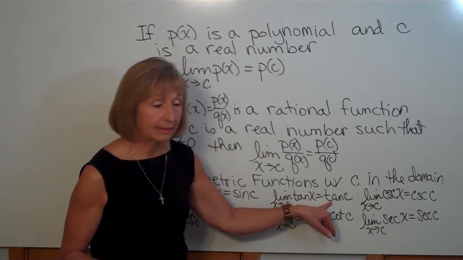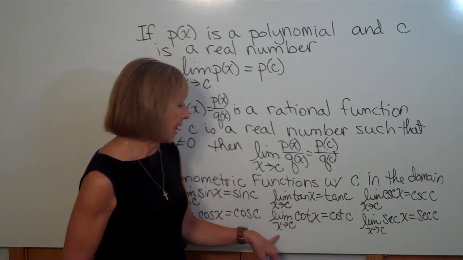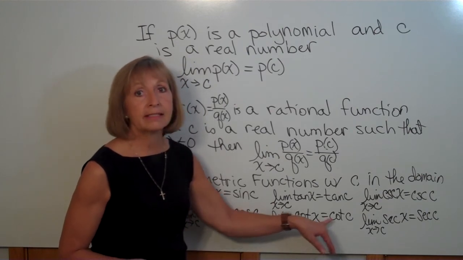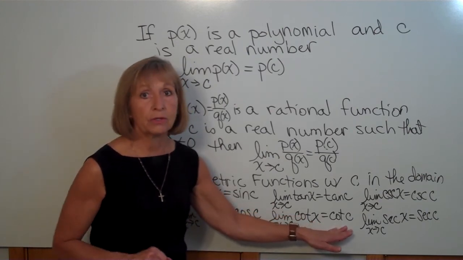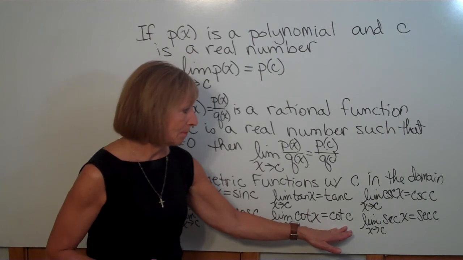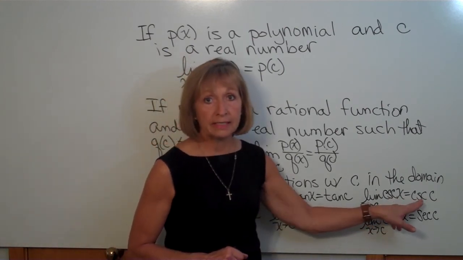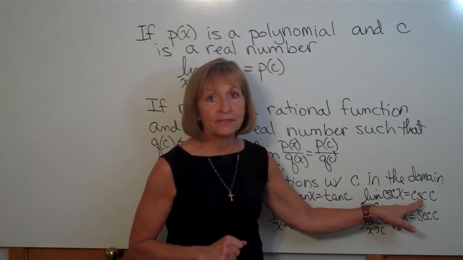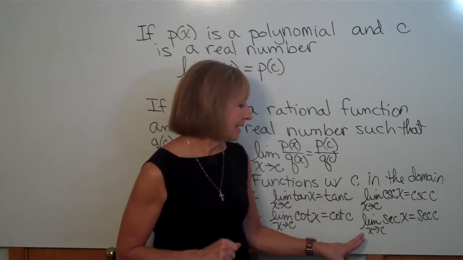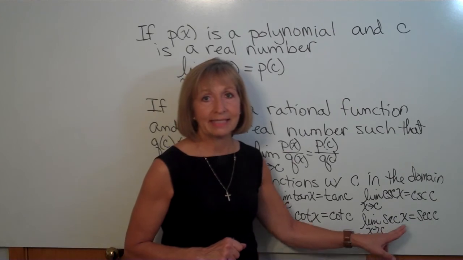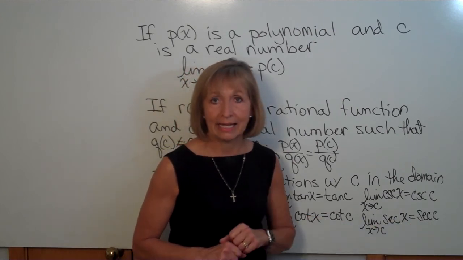c is defined. The limit as x approaches c of cotangent of x is cotangent of c as long as cotangent of c is defined. The limit as x approaches c of cosecant of x is cosecant of c as long as cosecant of c is defined. And the limit as x approaches c of secant of x is secant of c, again, as long as secant